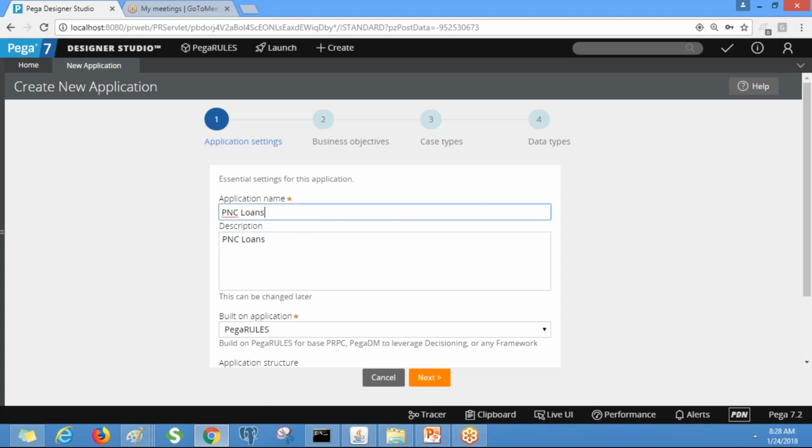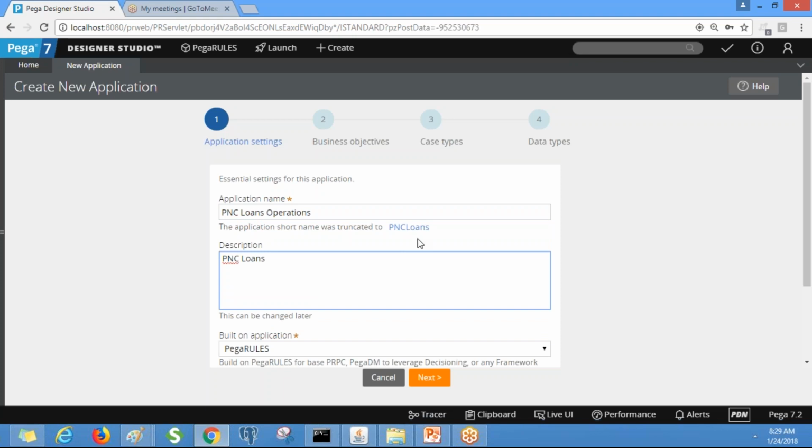Even if you enter PNC loans operations, it will be truncated to some characters, like PNC loans. This is the application name, truncated to 8 characters. So this is our application, PNC loans.